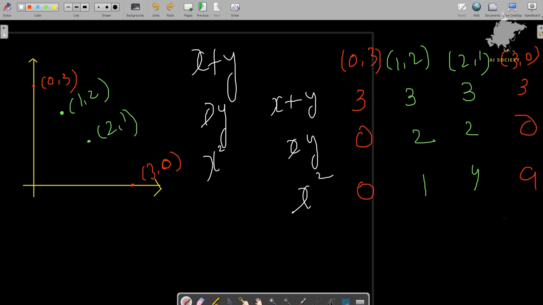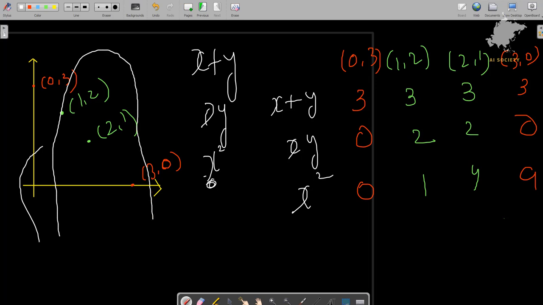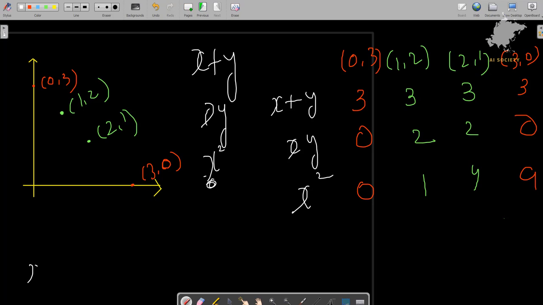Let's try x square. x square is going to be a parabola like this, maybe somewhat like this. At x is equal to 9, it is going to have way more, this 9 is going to be right here. So we cannot do that. So maybe the parabola looks somewhat like this, and still it is not dividing the data set into two parts. So we take xy, and now xy,